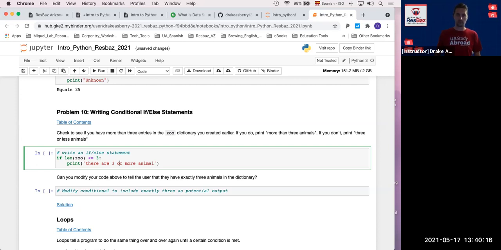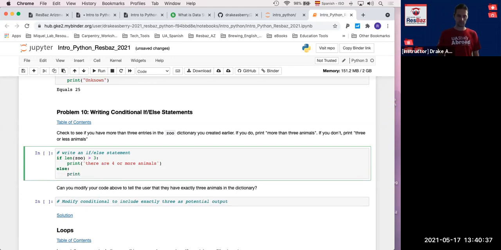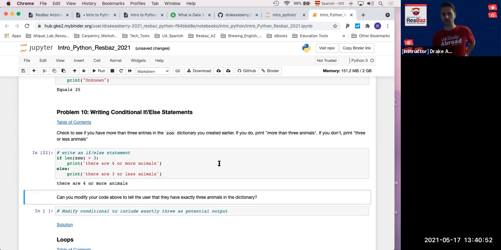Actually, it says there are 4 or more animals, because we want more than 3 animals, which means that we need to change our comparison operator to be greater than 3. Okay, and we'll fix the grammar there. And if it does not, we'll say else print there are 3 or less animals. All right, and if we run this, we should get, there are 4 or more animals, because the dictionary that I had